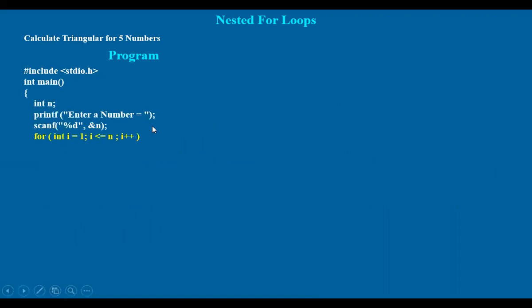Enter a number here. You are entering one number that is taken as n, right? This continues for the I value taken here. It continues for 5 times. And this is the nested for loop right here. Initially, we have taken